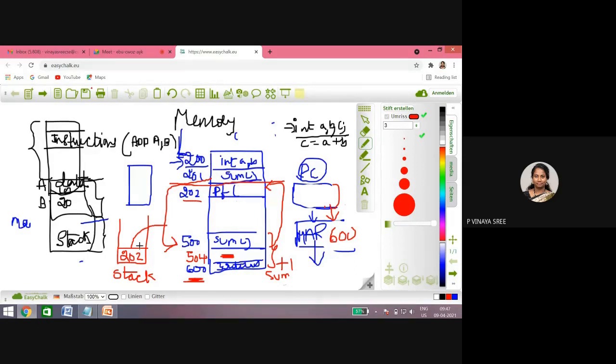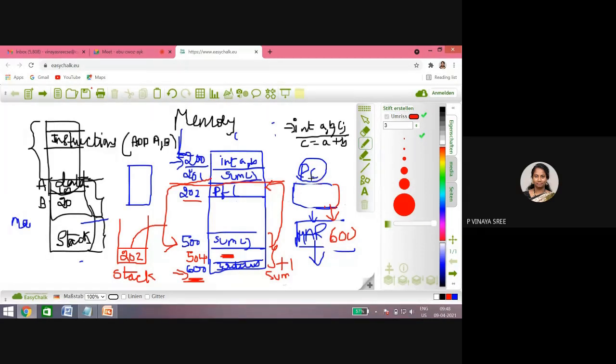Whenever a function call completes, before jumping to that particular location, it pushes the next address into the stack. Next, it goes to that function call and completes the entire instructions present there. When the processor executes the last instruction in the function call, the program counter should be ready with the address where the main program stopped.